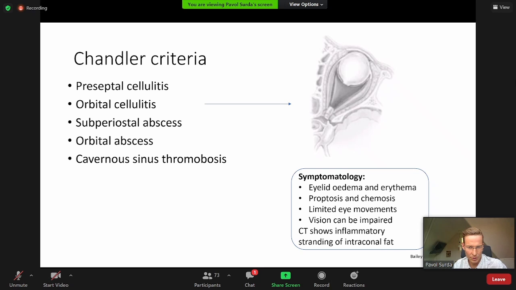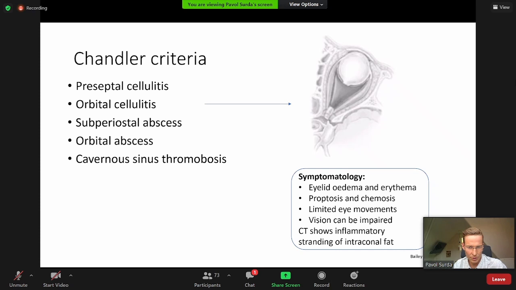If it is more posterior, patients will be more likely to develop deterioration of the vision. If the abscess is anteriorly located, obviously there will be less overpressure on the eye components, and patients will have fewer symptoms. Then we have got orbital abscess, which is the abscess within the intraorbital space. Now this is a severe complication, which patients will present with severe exophthalmos, chemosis, ophthalmoplegia, visual impairment, and CT scan will show a hypointense mass